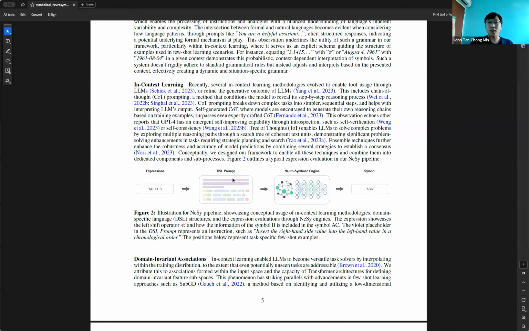If let's say the training data for the LLM doesn't include Wolfram Alpha, I need to give some examples like, okay, if I want to ask for weather in Florida, this is the prompt to give Wolfram Alpha. If I want to do this, then this is the prompt. And so it's sort of like a wrapper or a mapper from free text, or from whatever expression you start with. You wrap it into a format that the neurosymbolic engine can accept.